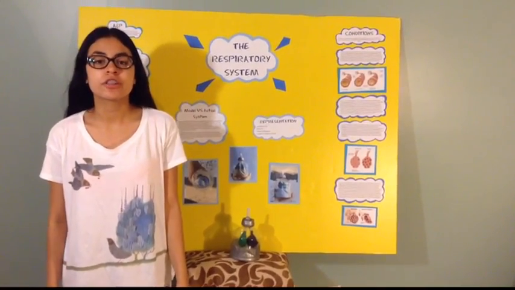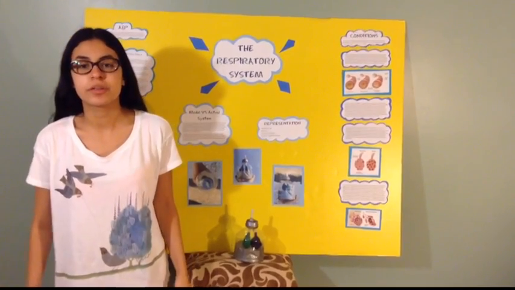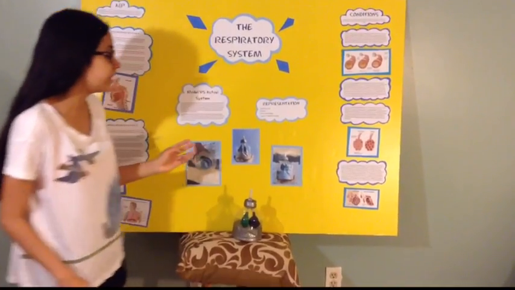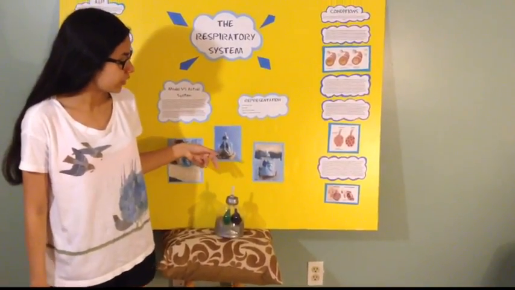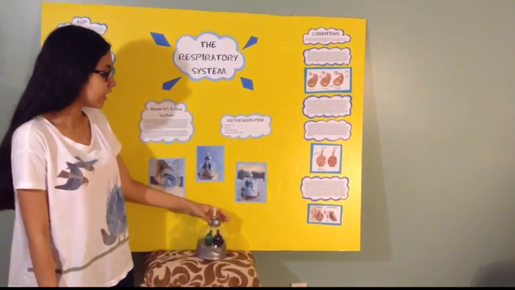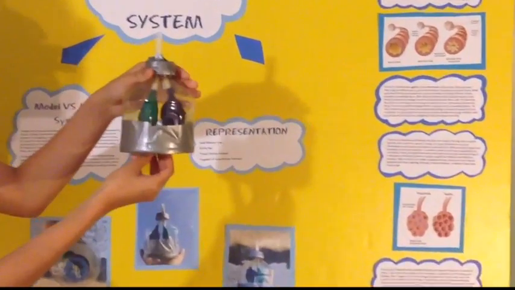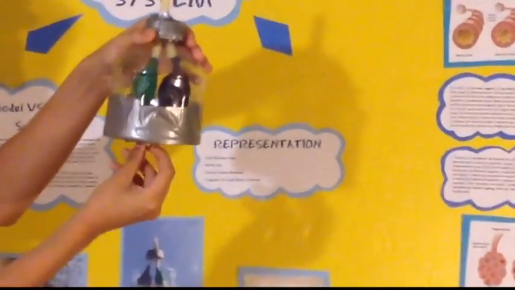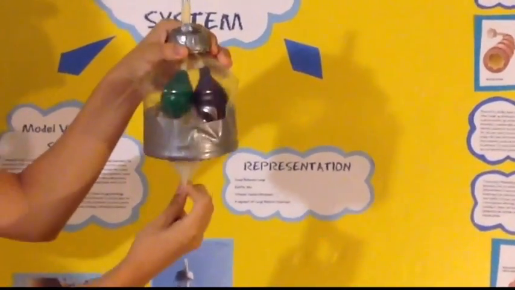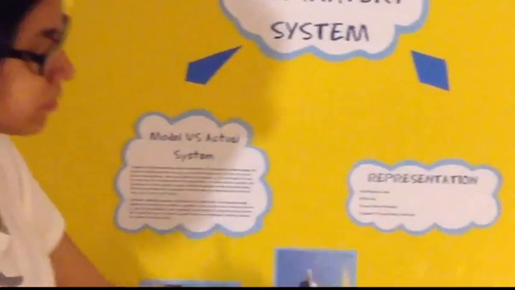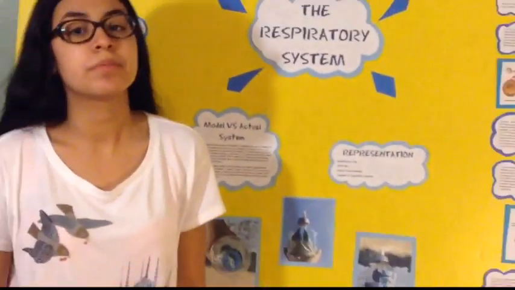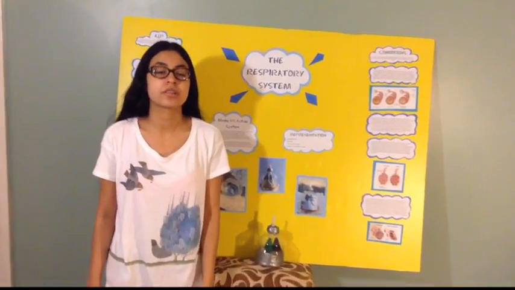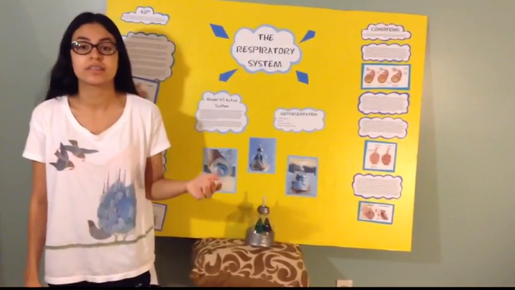The model I'll be showing today is based off the process of inspiration and expiration as shown in here, in which the straws are the tracheas, the small balloons are the lungs, and the bottom part of the balloon here is the diaphragm, and it works like this. The main similarity between this and the actual respiratory system is that it actually shows the process in which